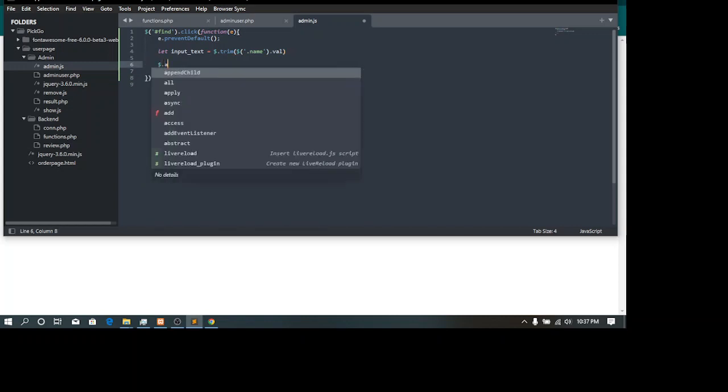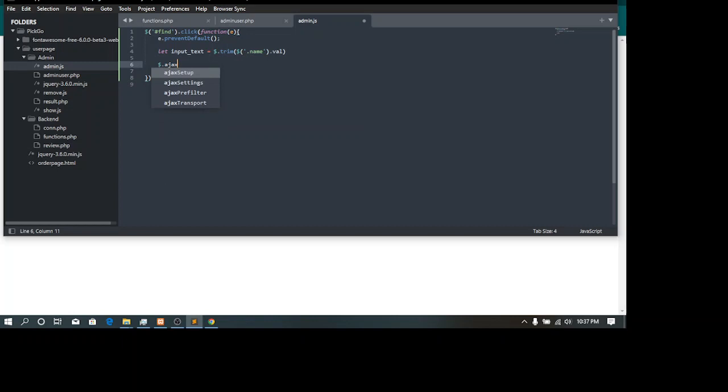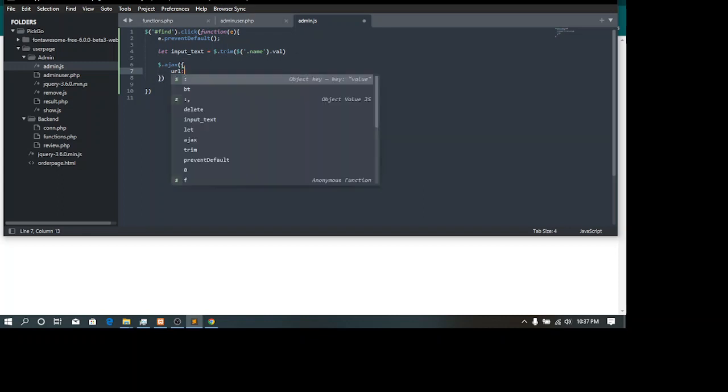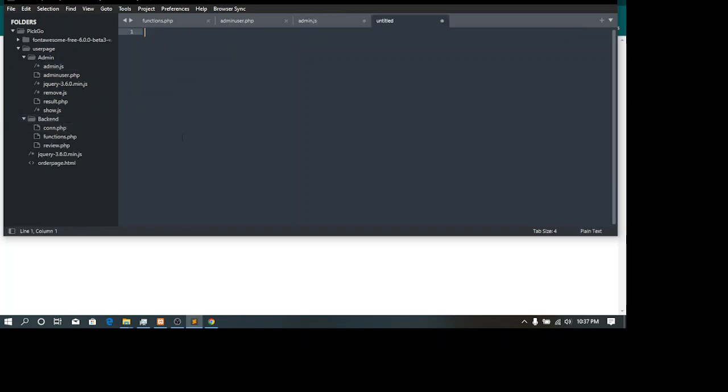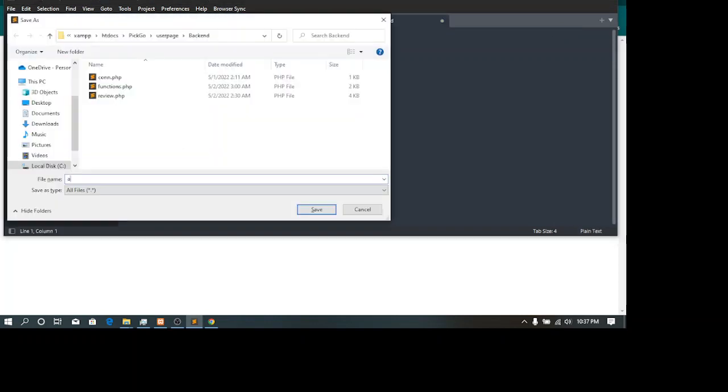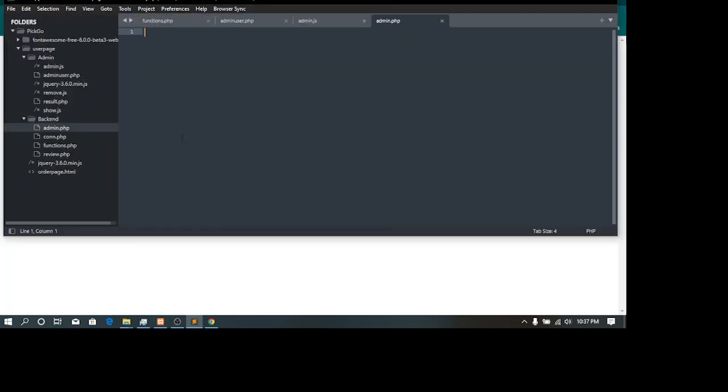Okay, so we're going to work with Ajax. The URL here is going to be a backend. So here in the backend, you're just going to create a new file and call it admin.php.